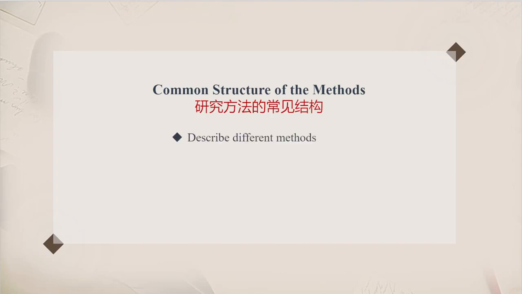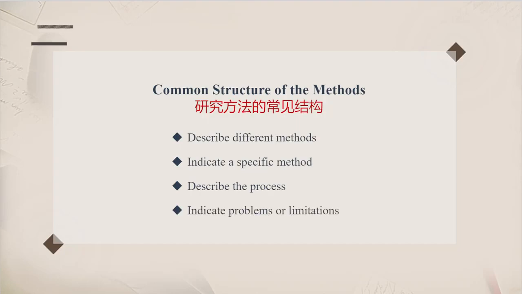Describe different methods. 描述不同的方法 Indicate a specific method. 提出某种方法 Describe the process. 描述过程 Indicate problems or limitations. 指出问题或局限性